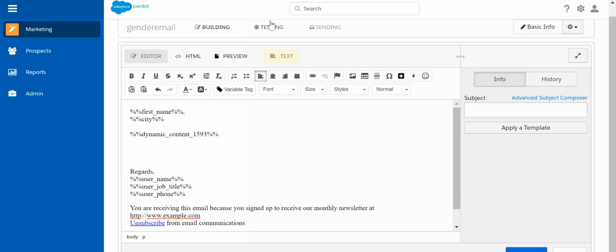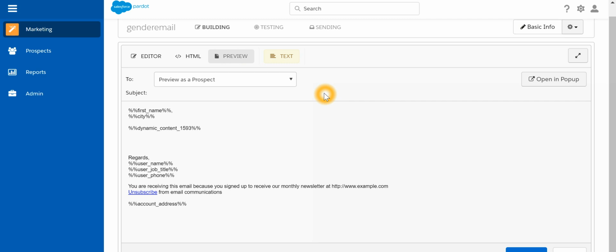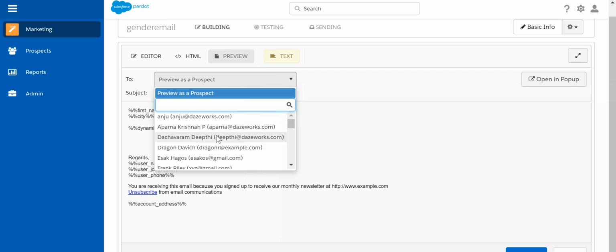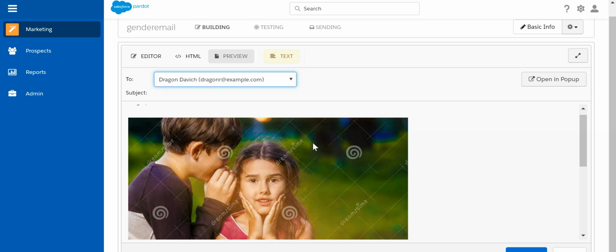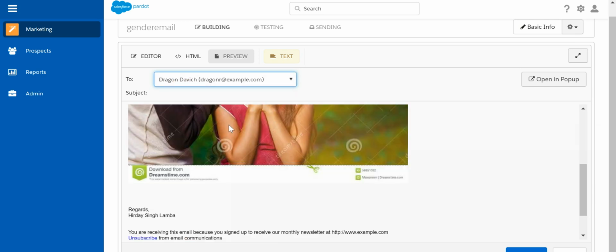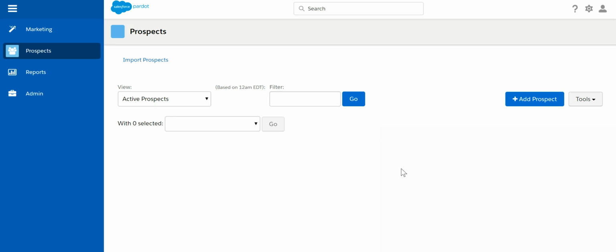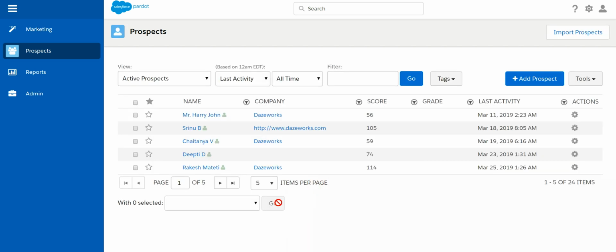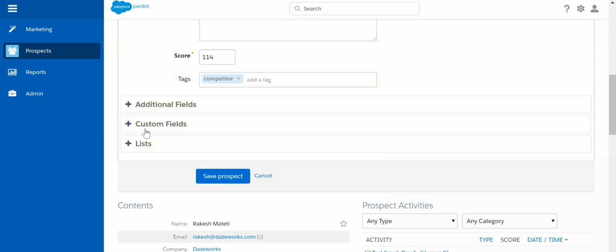Okay. Now let's look into the preview, and we'll select a prospect. Let's take, for example, any one of these prospects. Since for this particular prospect there is no gender assigned, that's why we are seeing this particular image. Now, if we open the prospect list in a new tab, and select one of these prospects, edit, custom field,